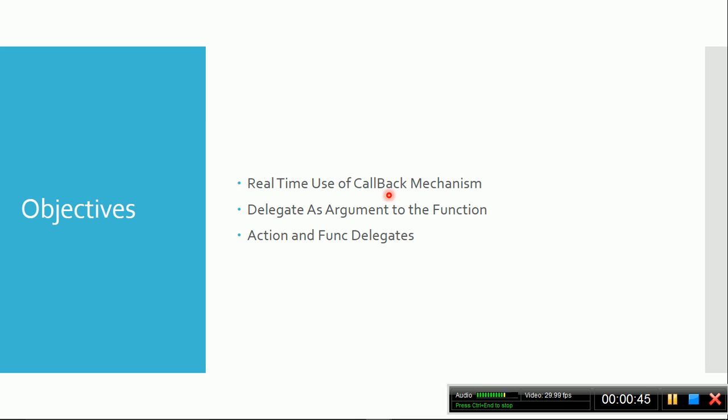In C there is one popular function called qsort. This qsort is used to perform the quick sort algorithm for us. It is a built-in library function which is available in stdlib.h. So this function is using this callback mechanism. How does it use this callback mechanism, and how to use the qsort function?